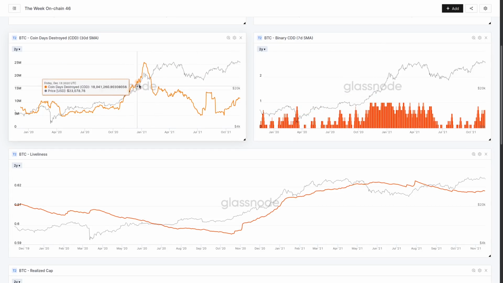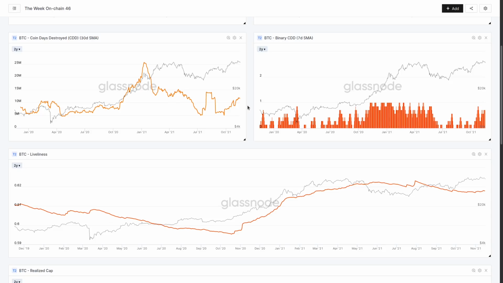And then during a full-scale bull where you have the demand flowing in, people can liquidate and sell those coins, and there's enough demand to absorb the supply. And this is why you get these large uptrends in coin days destroyed and sustained periods of high binary coin days destroyed. So the way to interpret this is it looks like we're starting to get to that transition. It's not necessarily the end of the bull market. It's certainly getting to that point where we're transitioning out of the smart money accumulation, and it's moving into more of that strategic. And as we go further along this market, there's going to be more distribution.